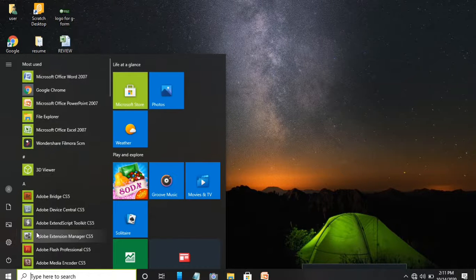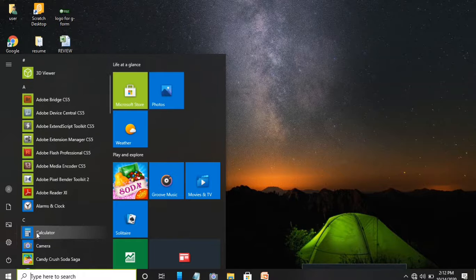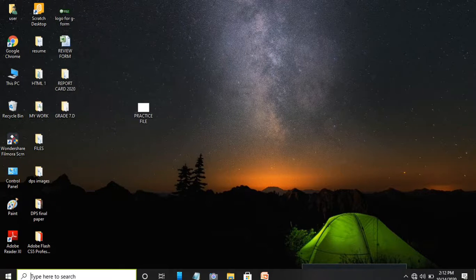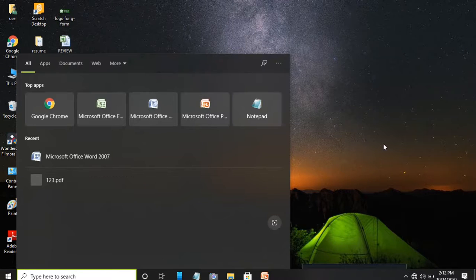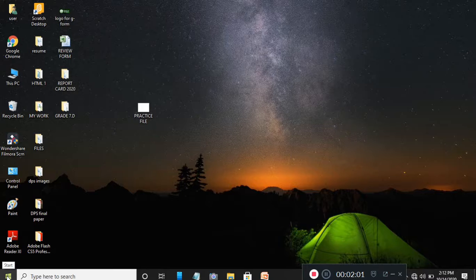If you are unable to find Microsoft PowerPoint, what we can do, here you can see the search bar. This is the search bar, nearby the start button, this white box. Most of the time the color of the search bar remains white, so that we can quickly get the focus that this is the search bar and we have to search things in this box. So I'm going to write down Micro